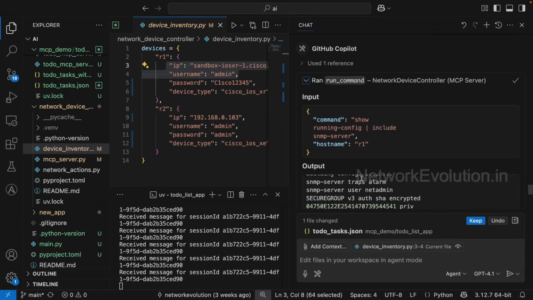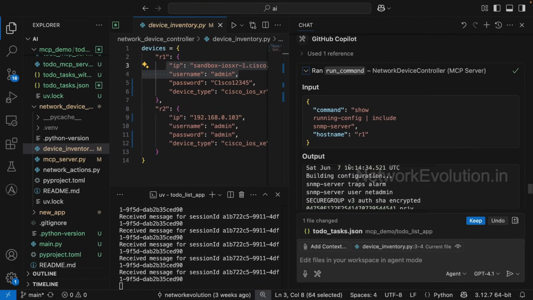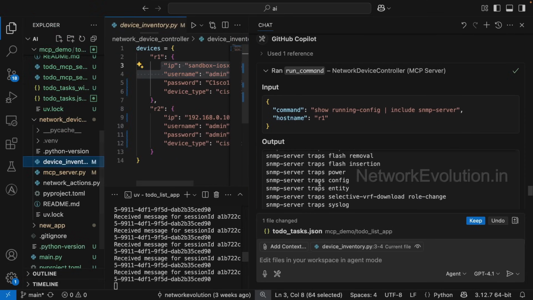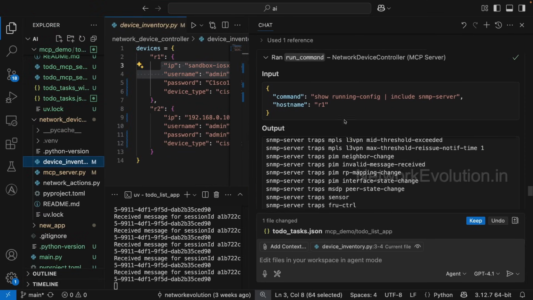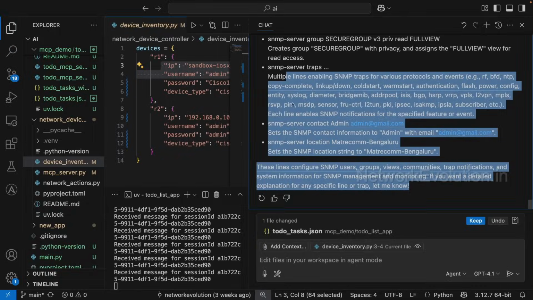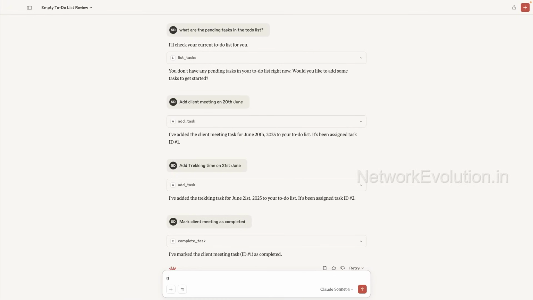And if I expand this, I'll be able to see all the SNMP server configuration of the device. So these are the SNMP configuration, and below that, it is even giving the explanation. Same thing you can even do with Claude Desktop. I'll get the interface status of R1,